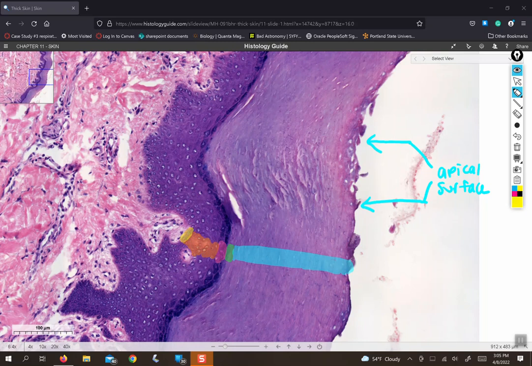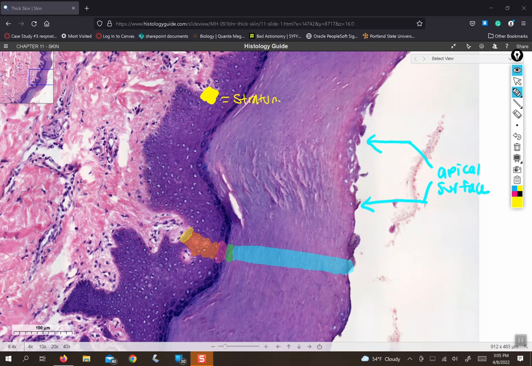Okay, so I made you a cute little rainbow. Now let's do the corresponding colors. I'm going to make a little key up here so that we can see all of it, because it's easier if we have some background colors. So the yellow layer is the inferior-most or most basal layer. This yellow line I'm making here is the basement membrane. And the single layer of cells right above it, so you can see the bottom layer of cells, is the